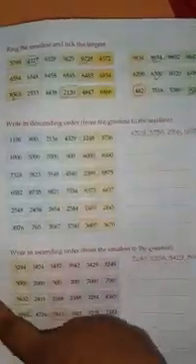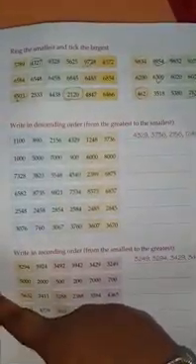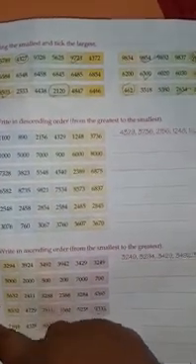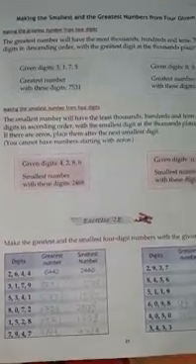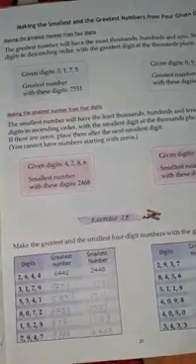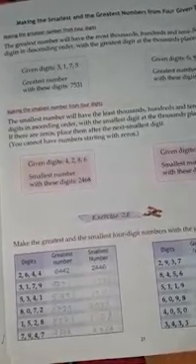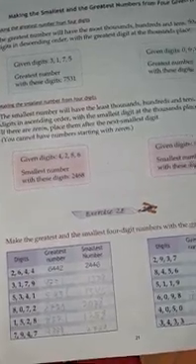Write in descending order. So from greatest to smallest you will arrange the numbers in descending order, and in ascending order you will write from smallest to greatest. Then exercise 2E. I sent one video on YouTube on how to find the greatest and smallest number out of the digits. I have told you the tricks. Go and watch that video. It will be very helpful to find the greatest and smallest number directly without delay.